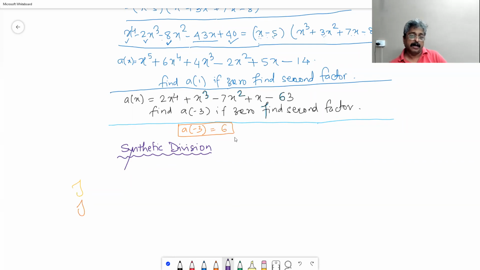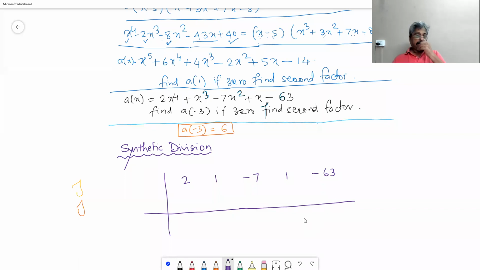What you do is you take down all those coefficients just like that without any x. So the method I will show you: 2, 1, minus 7, 1, minus 63. One line like this, another line like this. Now, let me recollect. A of minus 3 you are supposed to find out. So x plus 3 you are going to be,